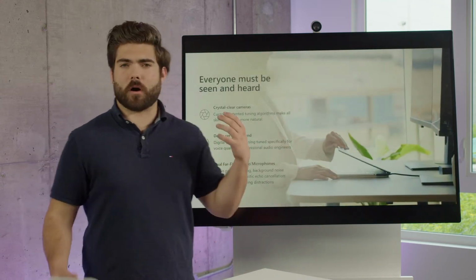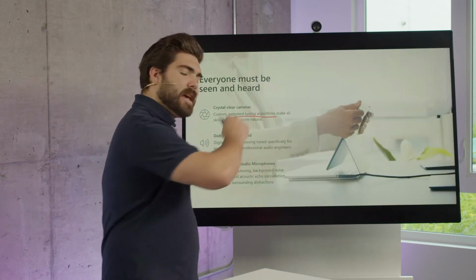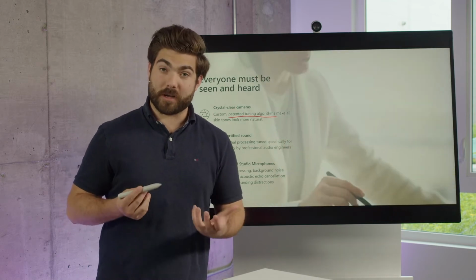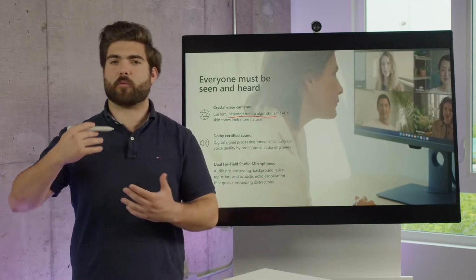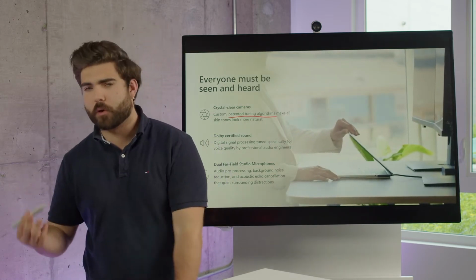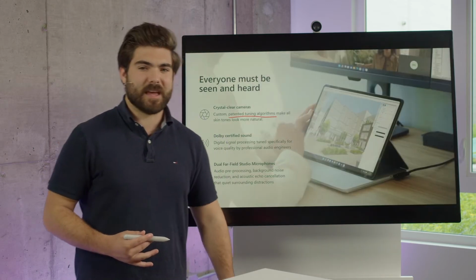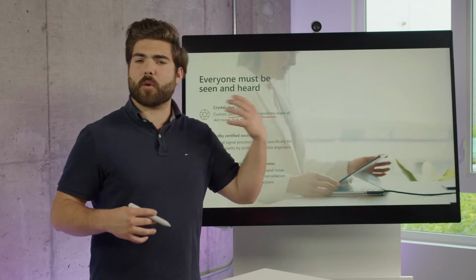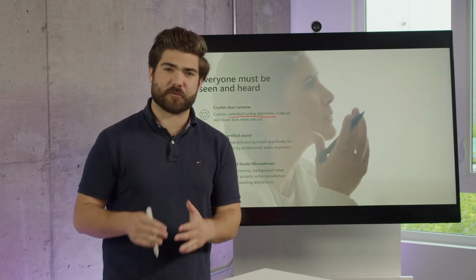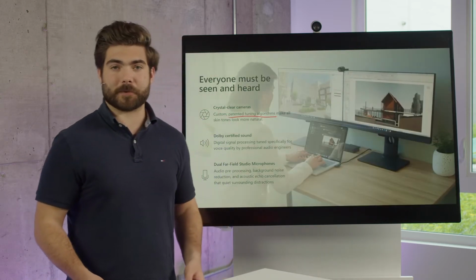When it comes to our cameras, our crystal clear cameras have patented tuning algorithms that are specifically designed to make all human skin tones look more natural. We want everyone to feel that they are being represented as their true self to all of their coworkers, to all of their employees, or to all of their customers on the other end of the camera that they might be using. So again, devices like our Surface Pro 8 and our Surface Laptop Studio have full high-resolution cameras that face directly at the user, and again, they are specifically tuned for those human skin tones.